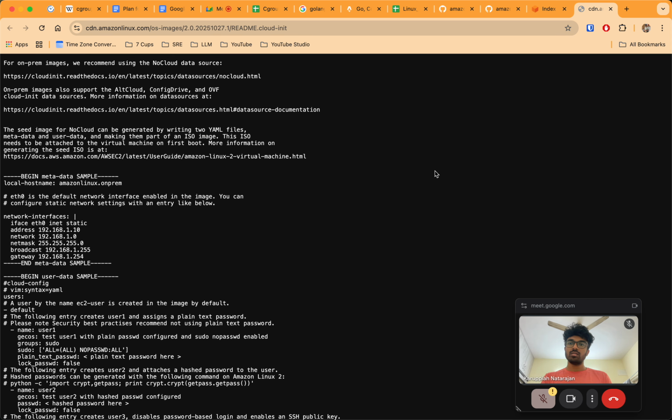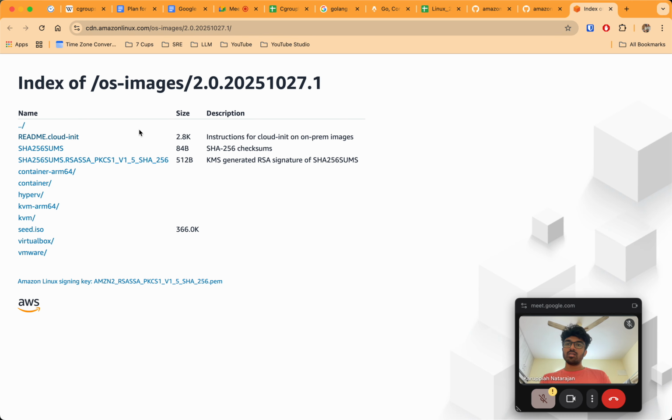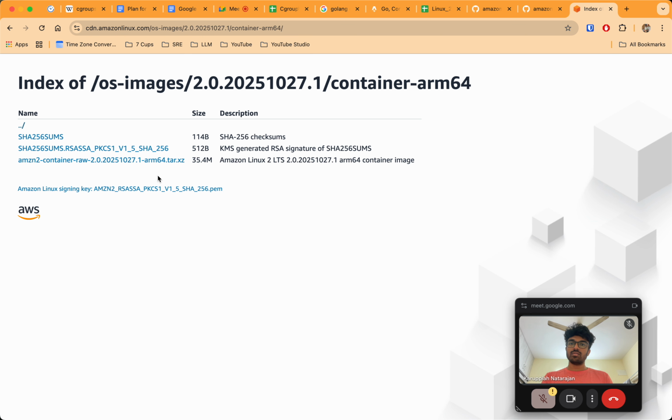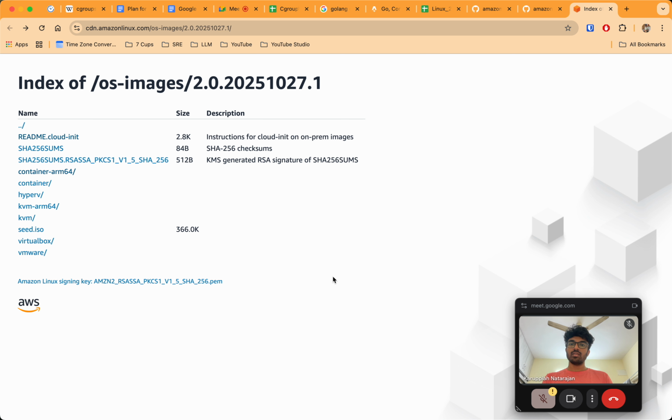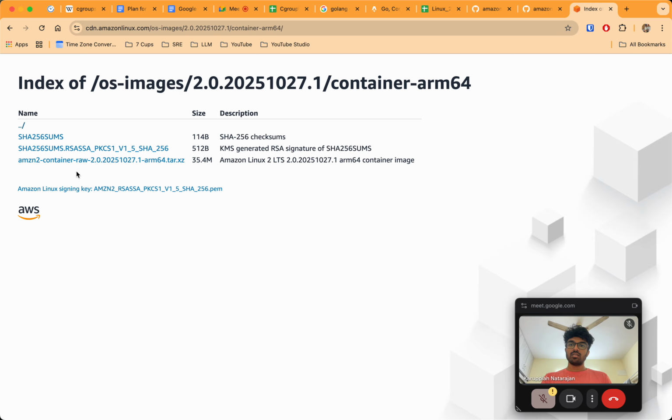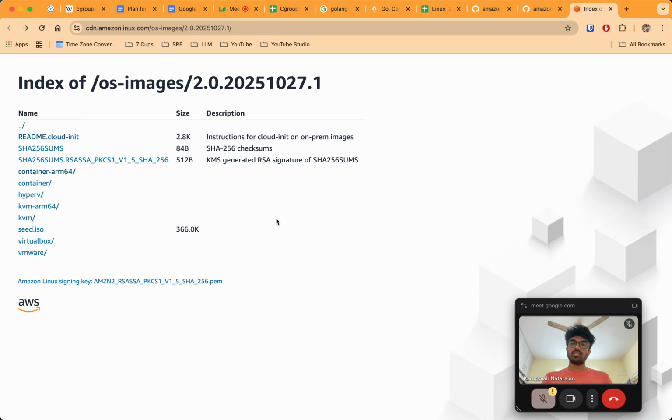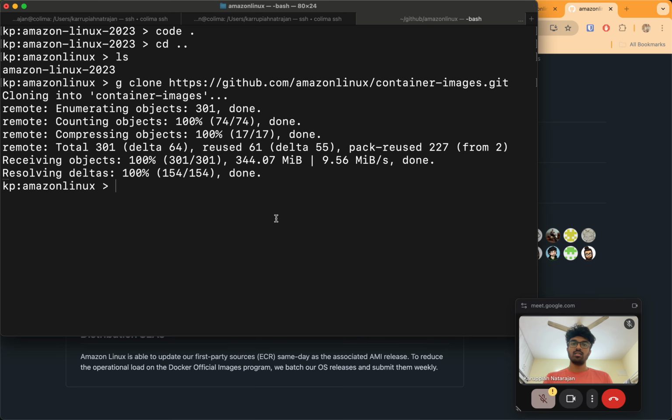readme.cloud.net. Kernel over... not loaded in container images, okay, as not tarball exactly, but tar.c.